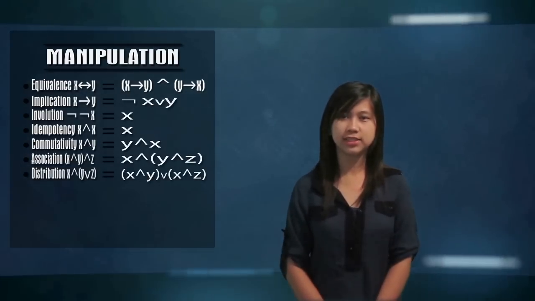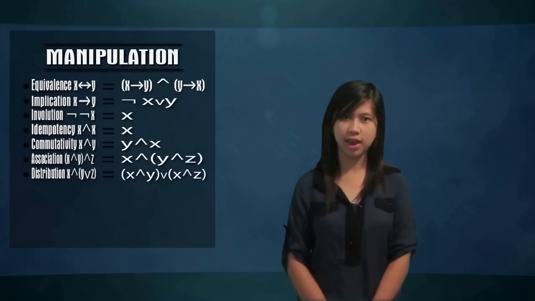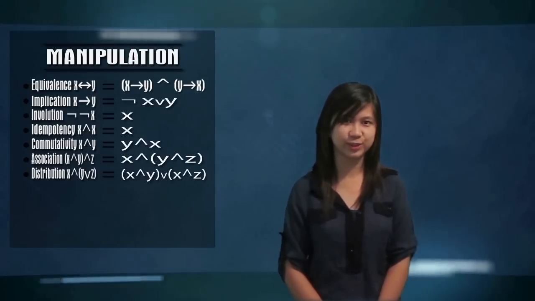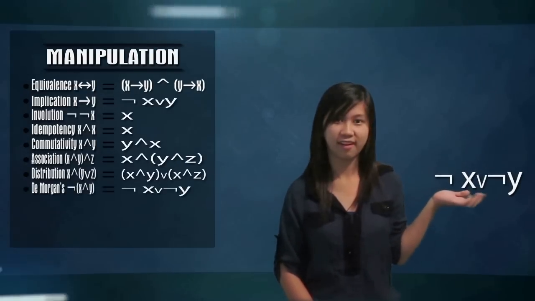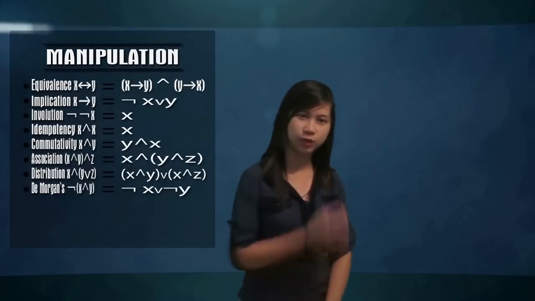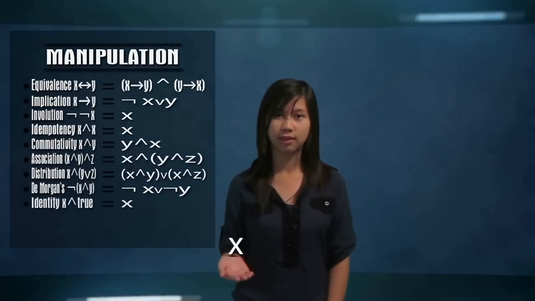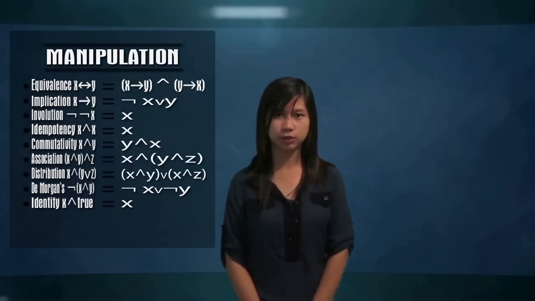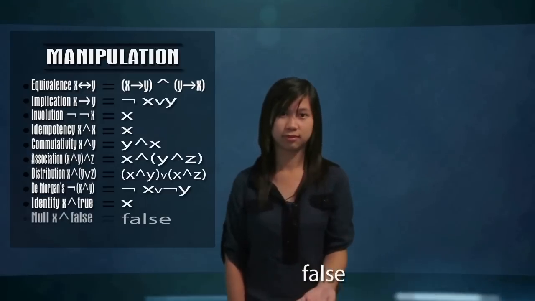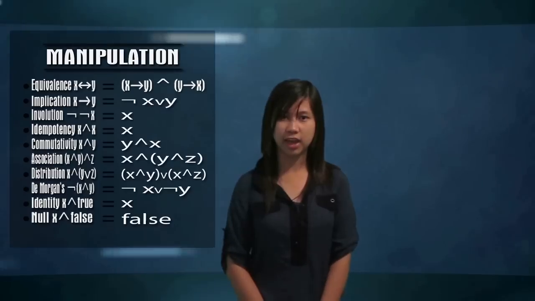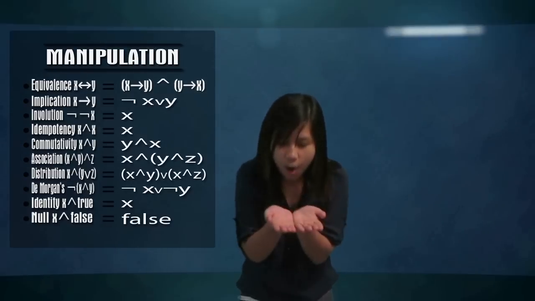De Morgan's, not open parenthesis X and Y close parenthesis is equal to, identity, X and true is equal to, null, X and false is equal to, inverse, X and not X is equal to,